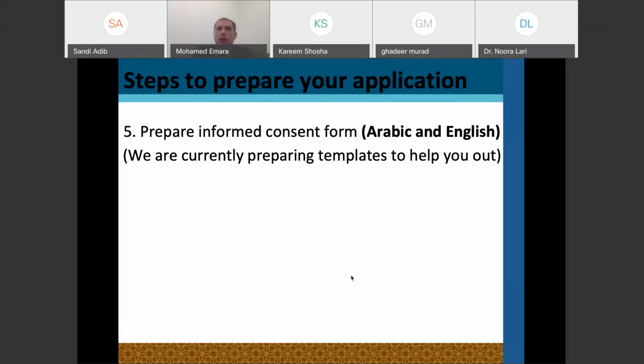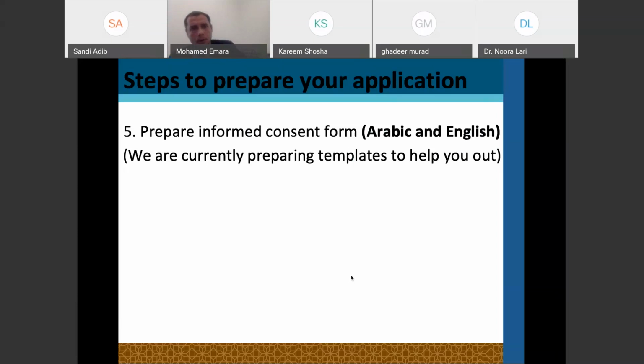And I'm going to give you an example for that. Please bear in mind, we are in Qatar, an Arabic-speaking country. So you must have an Arabic translation, which is exactly comparable to the English version of the consent form. If you don't see that you're involving any Arabic-speaking participants, please write that in the exclusion criteria. I'm excluding any Arabic-speaking participants, and only English-speaking participants are included in this study. But please, it's very important, keep that in mind.